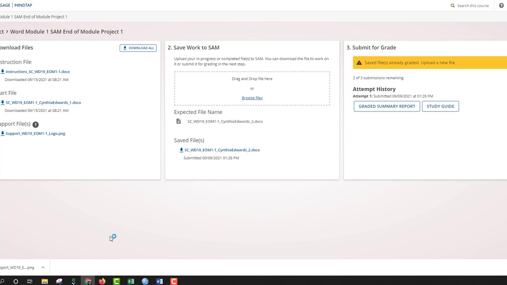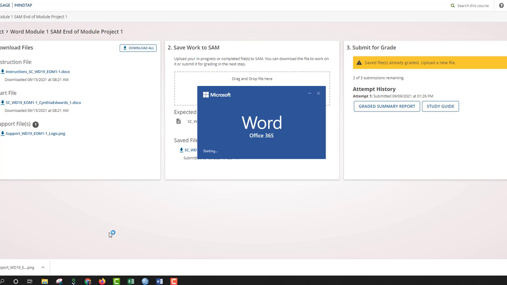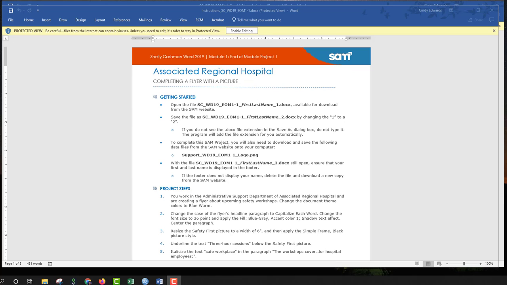Support, do not touch for now. It will be used later. But you will want to open up Word. Mine's automatically opening up so you can see the instructions and see your start file. So first you have your instructions. You can click Enable Editing,